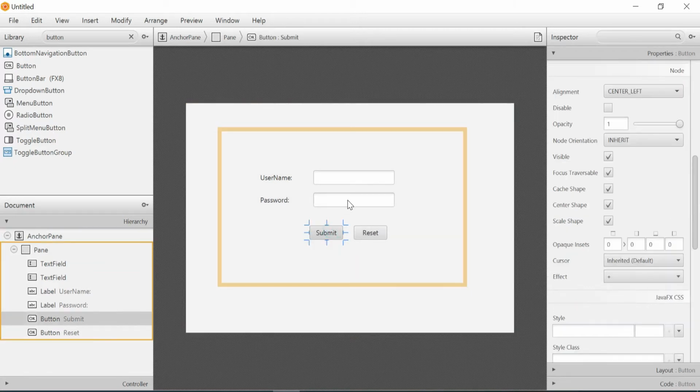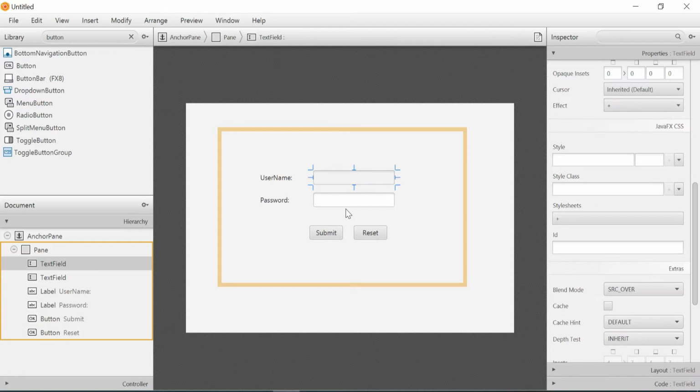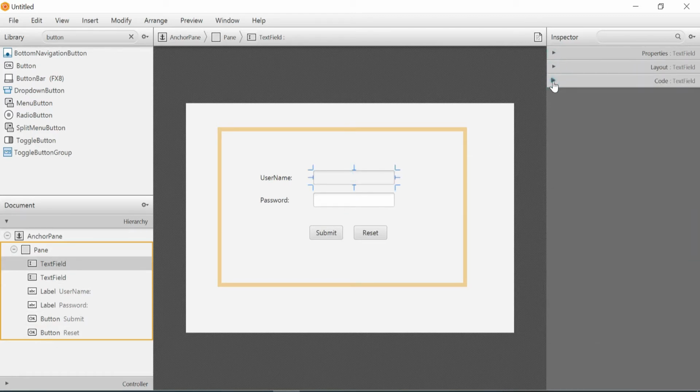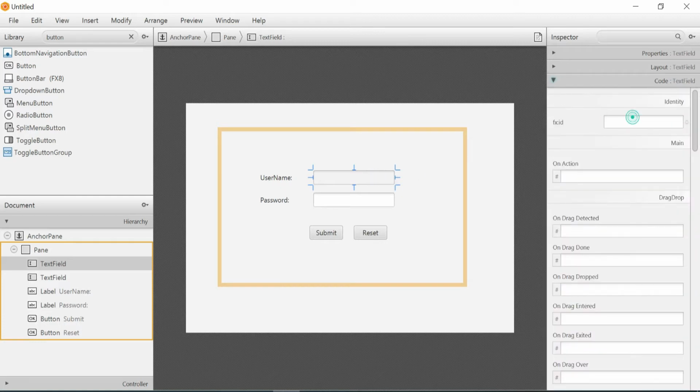For these buttons and input fields, we are going to take an action, something we are going to do with these things. So we have to give the ID for this. I will give username as this ID, and for this I will give password. Here you can see username and password. For these we need the ID, and for the button, if you really need an ID, you can give it. For this action I don't need the ID.